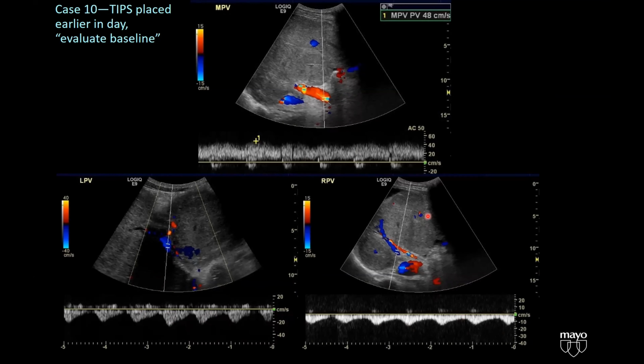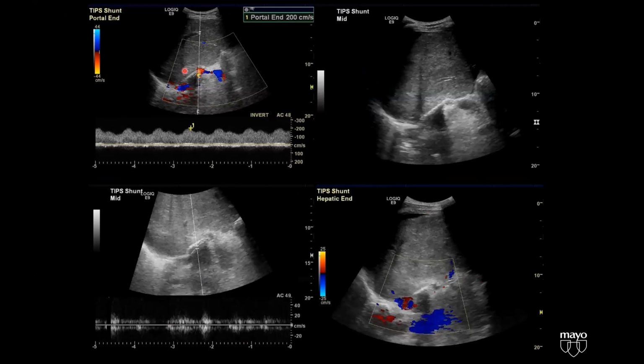But when we go to the next image, you can see that the portal vein velocity in the TIPS is really high proximally, and then we just don't see it. So what's going on? Is it occluded? Are we worried? And the answer here is just to remember that you can't look at these TIPS with ultrasound